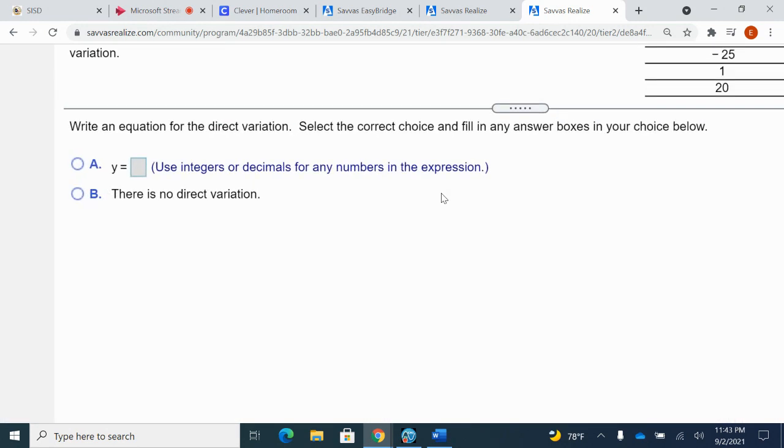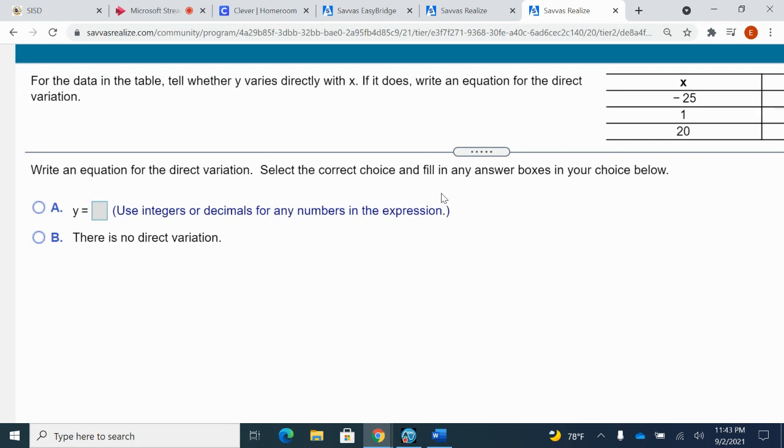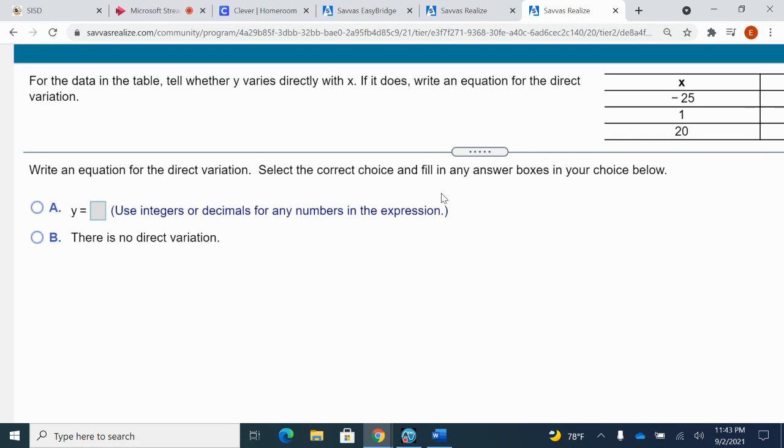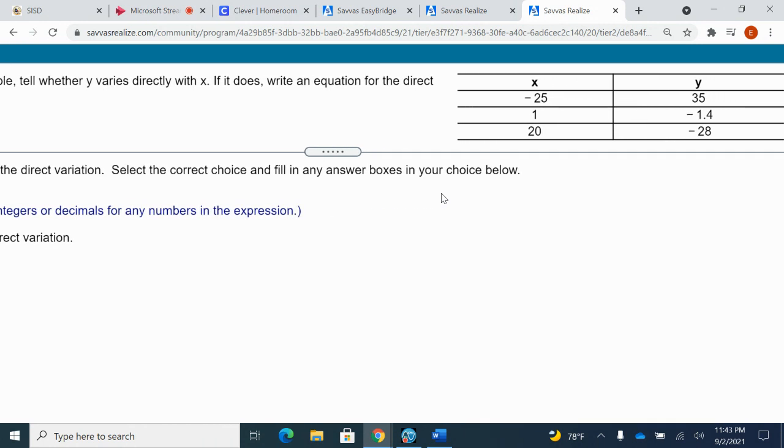So problem number 1 says, for the data in the table, tell whether y varies directly with x. If it does, write an equation for the direct variation. All right. So in this case, first thing I'm going to do is